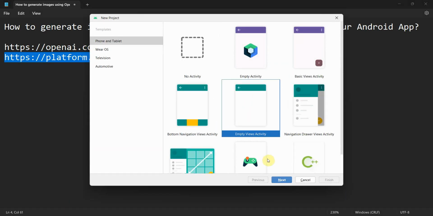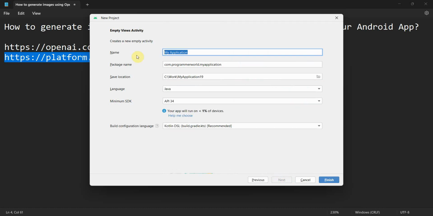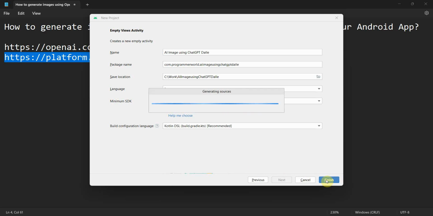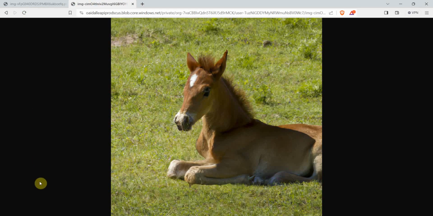We'll create a simple layout project. We can name it probably AI image using ChatGPT Dalle. Anyway, click finish and wait for the environment to load. It may take a while. In the meantime, I'll just quickly show you those